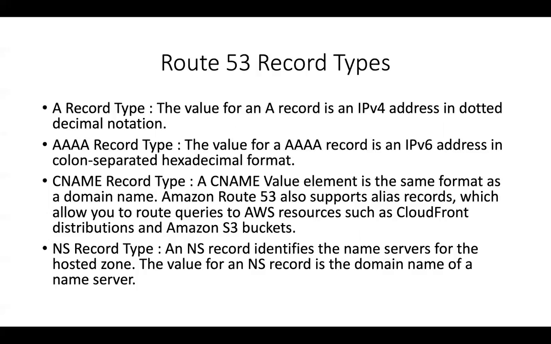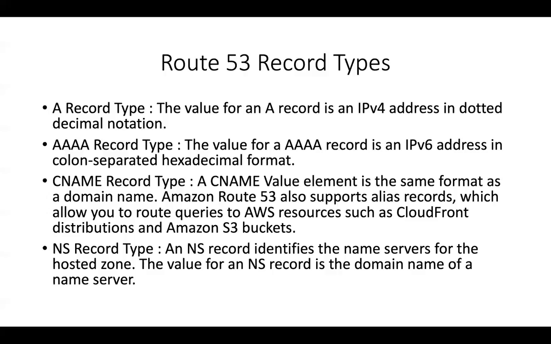And Route 53 also has its own record type that is used for its internal resources like a CloudFront distribution, an S3 website endpoint, Elastic Beanstalk environment, API gateway, load balancing, and so on. And that resource record type is called alias records. Okay, so we are going to use alias records, and I'm going to show you how it works.